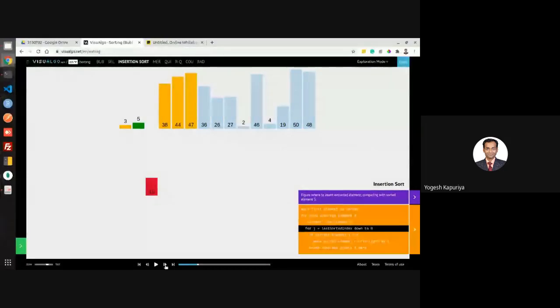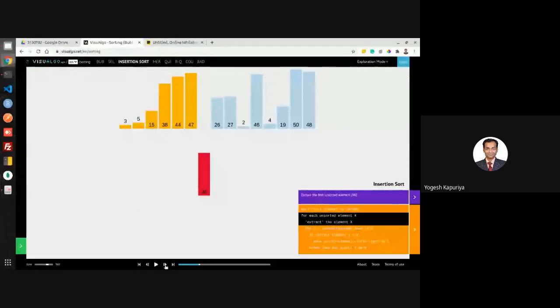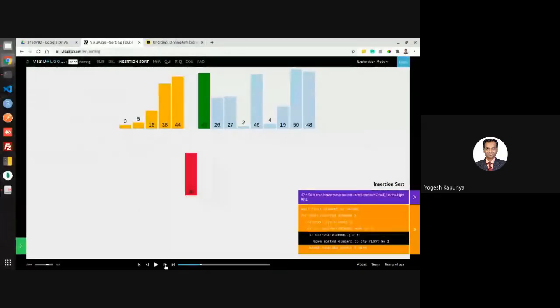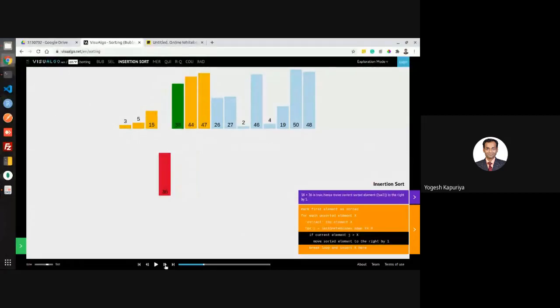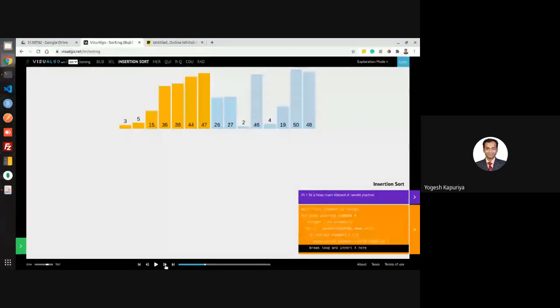But it's a false case. So what will you do? You will simply insert this. Next 36, shift. 38 is greater than 36, so shift. But here it is less than, so stop the loop and insert it.